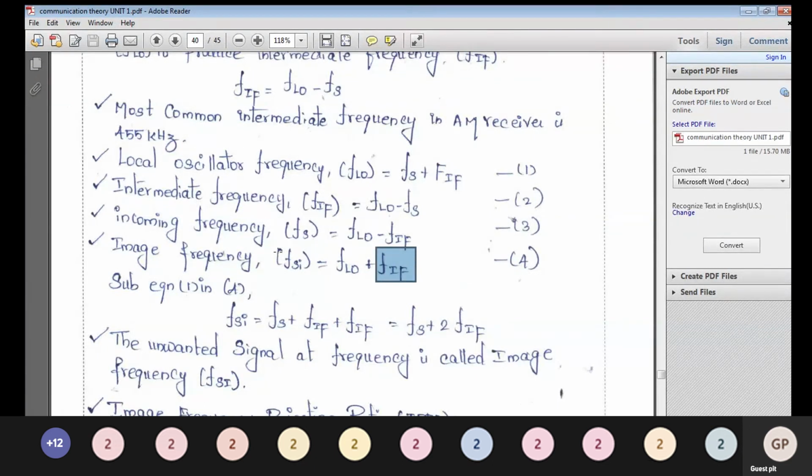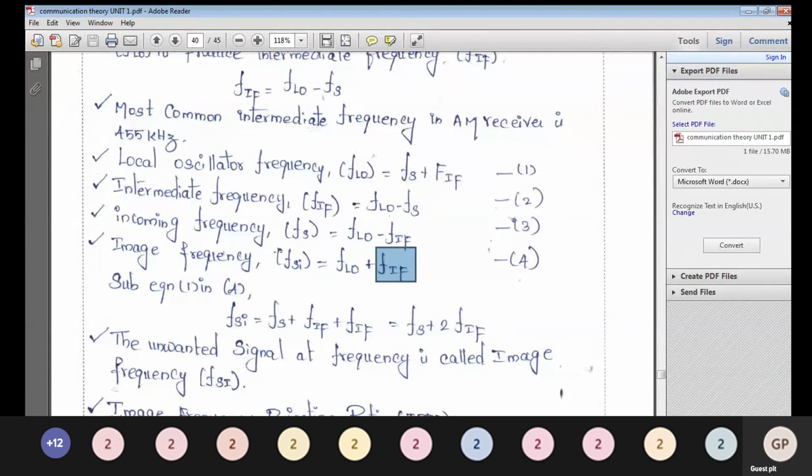But out of these two signals, only one is our desired signal. The other one is the image. It's not real. It looks like our desired one, but it's not our desired one. So this signal is named the image frequency. Here we are facing one problem, because we have to allow the desired signal only. We should not allow the remaining signals. We should filter all the undesired signals.